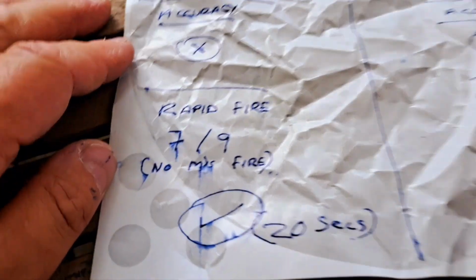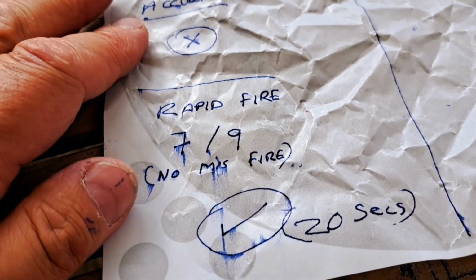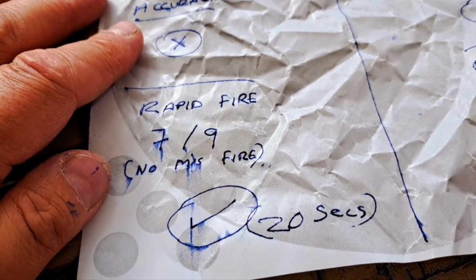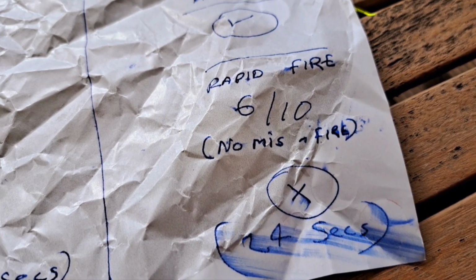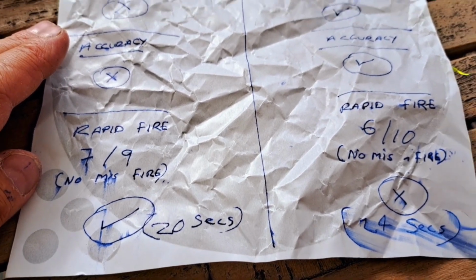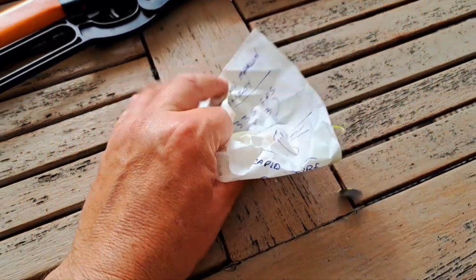However, the last round, the one I think counts, is rapid fire. And also, I did a boo-boo. I only shot 9 shots instead of 10 with the Daisy, but I still got 7 out of 9. It took me 20 seconds to shoot 7 cans out of 9, so I only missed 2. I'm good at maths. The Crosman, I did shoot 10 shots, hit 6, so I missed 4. No misfires on either, so that round goes to Daisy. Now, obviously 2 out of 3 to Crosman, with only 1 to Daisy overall. However,